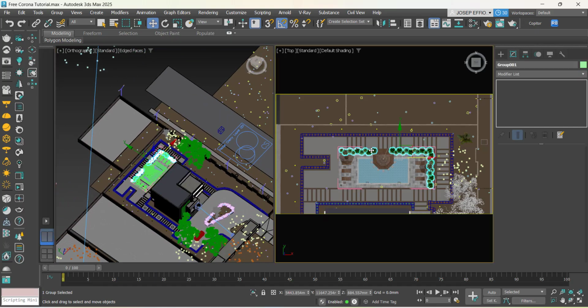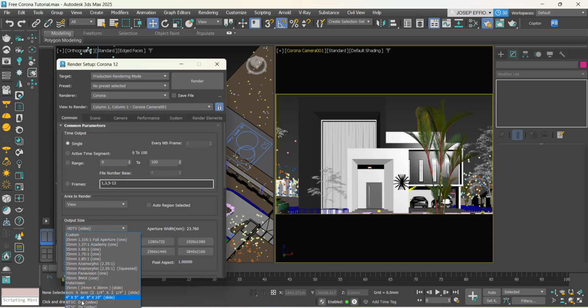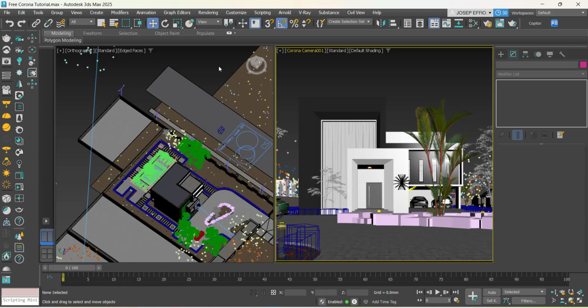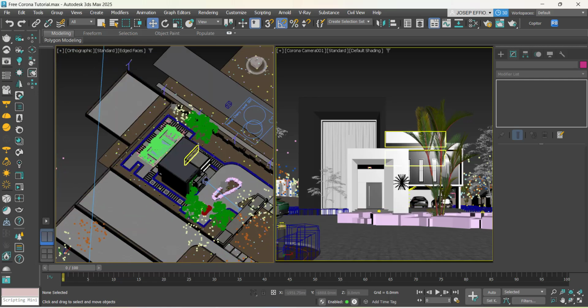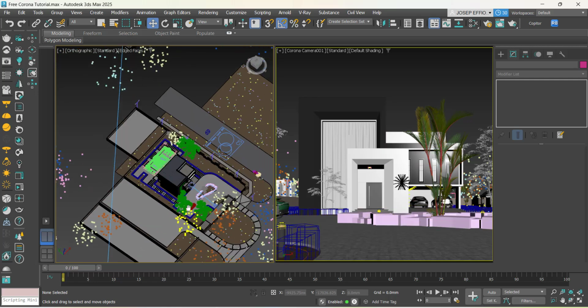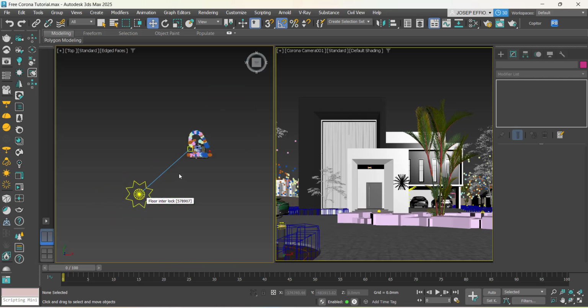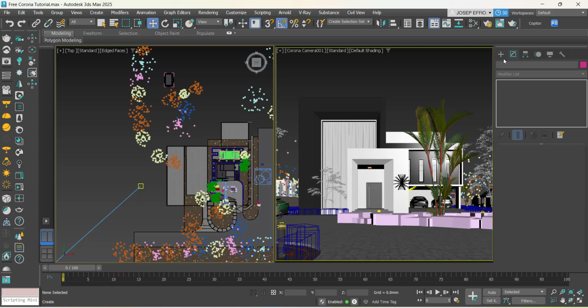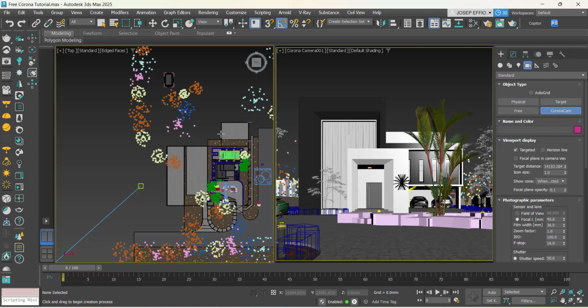So we are still continuing with our file that we used in the previous tutorials, which is the beginner's guide to 3ds Max and Corona. If you have not watched it, please check it here on the page. So now we want to create a swimming pool. One of the things that we need to do first is to create cameras. So let's pick our camera and choose Corona camera, and